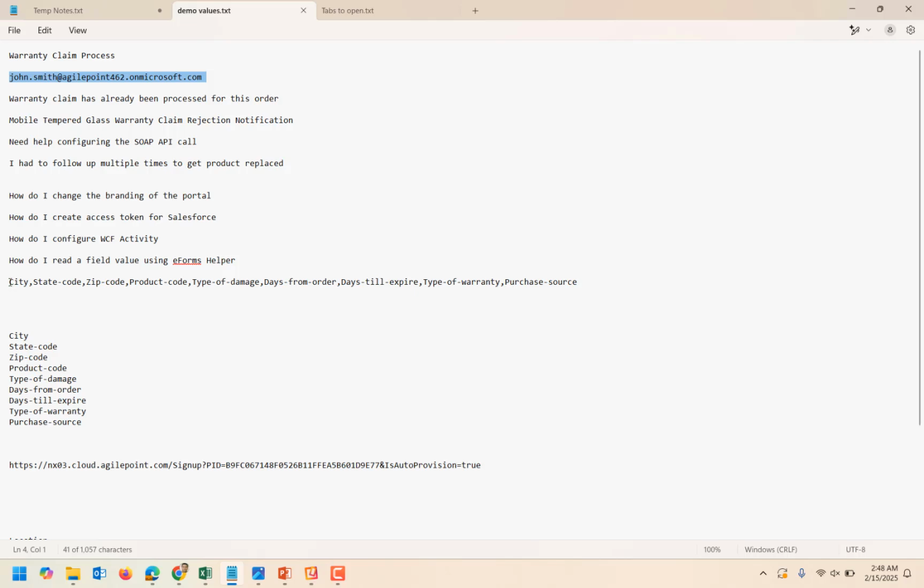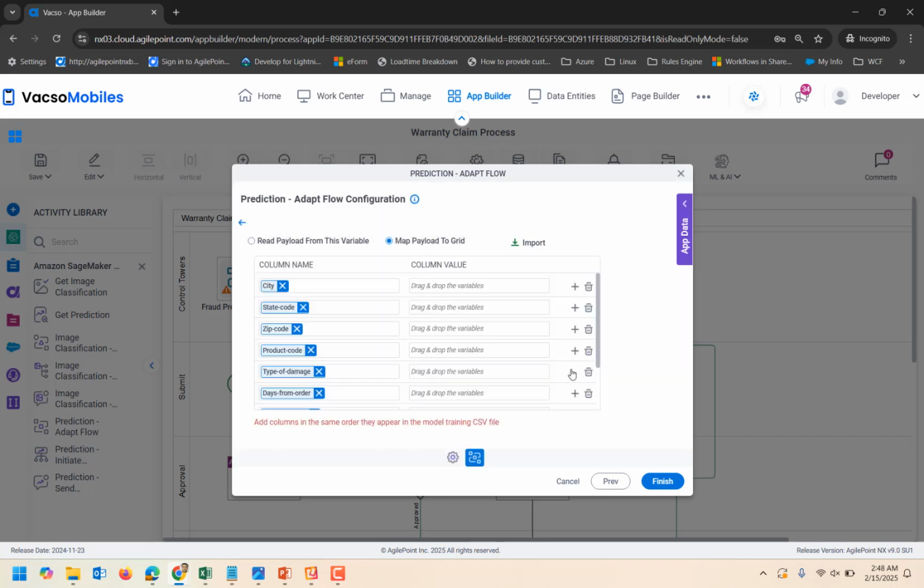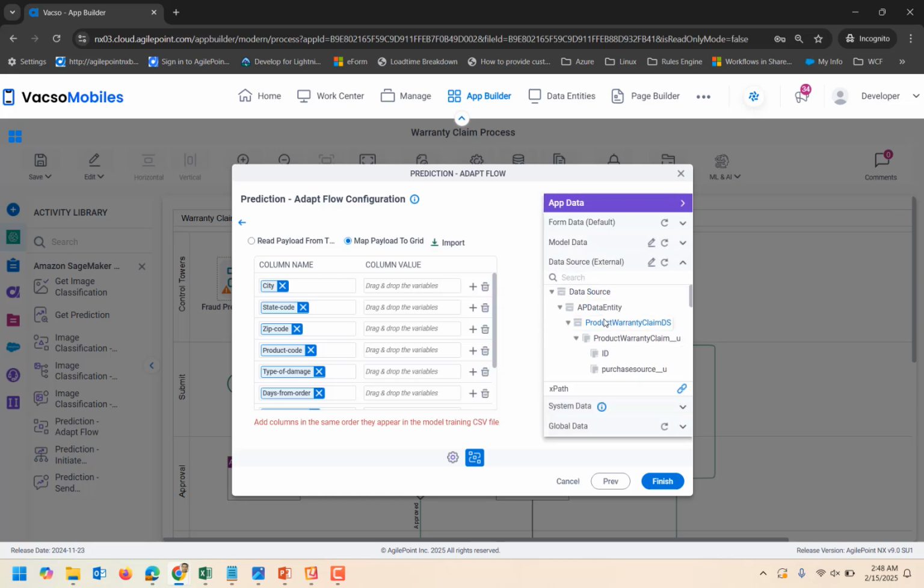My AI developer would have given me the list of parameters it is expecting, and I'm going to go ahead and click OK. And here are the parameters. I'm going to do a quick mapping with the AgilePoint schema. I'm going to map city to city, state code to state code, zip code to zip code, product,